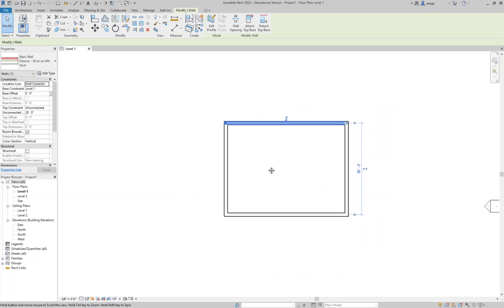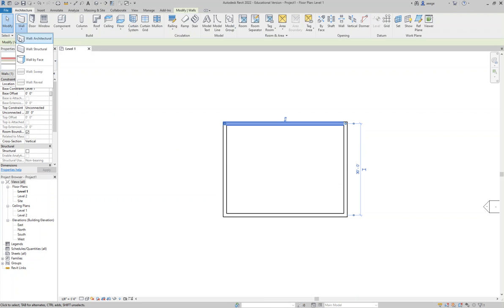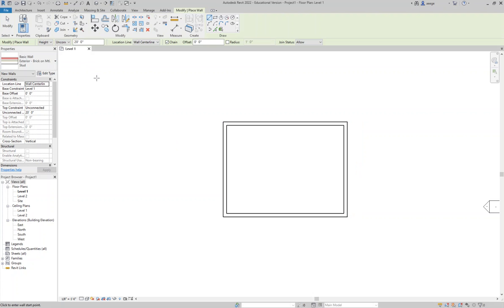But this is not it. We have a square, basically, that measures 40 feet by 30 feet. I'm going to go back to architecture again, select wall again, select the architectural wall, and basic wall, exterior wall has been selected. I'm going to move my cursor to the middle point of the 30 feet wall, move to the left. Okay, I'm going to go 15 feet this time, 15 feet, enter,